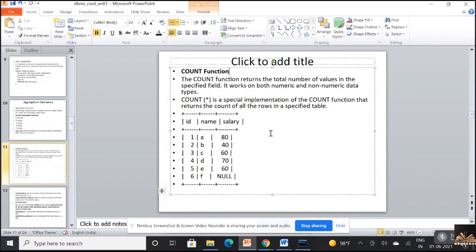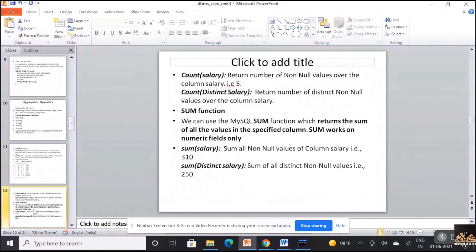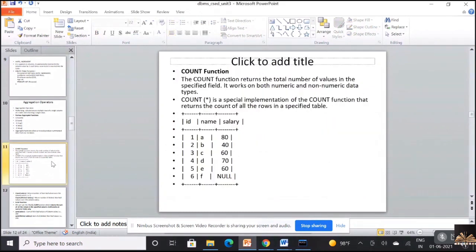Now, I have taken an example over here, a table T1: ID, name, salary. IDs are 1 to 6, names are A to F, salary is 80, 40, 60, 70, 60, and null. One of the fields over there is null. Okay. Now, how does the count work? See, count of salary.